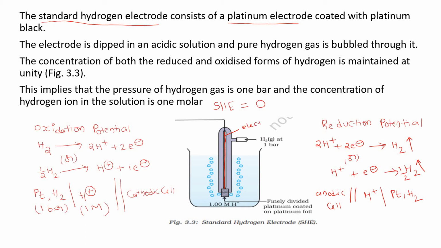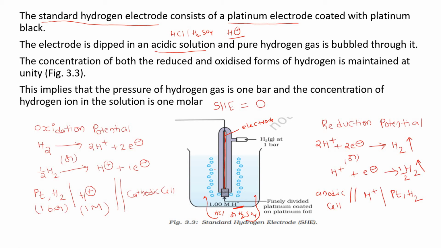The electrode is made up of which metal? Platinum. Actually it is a hydrogen electrode, but hydrogen is a gas, no? To get the surface, we have taken a platinum electrode. Now this platinum electrode is dipped in an acidic solution. You may take HCl or H2SO4. Both contain which type of ions? H plus ions. So the H plus ions you get either from HCl or from H2SO4. That means this solution is either HCl or H2SO4, right?